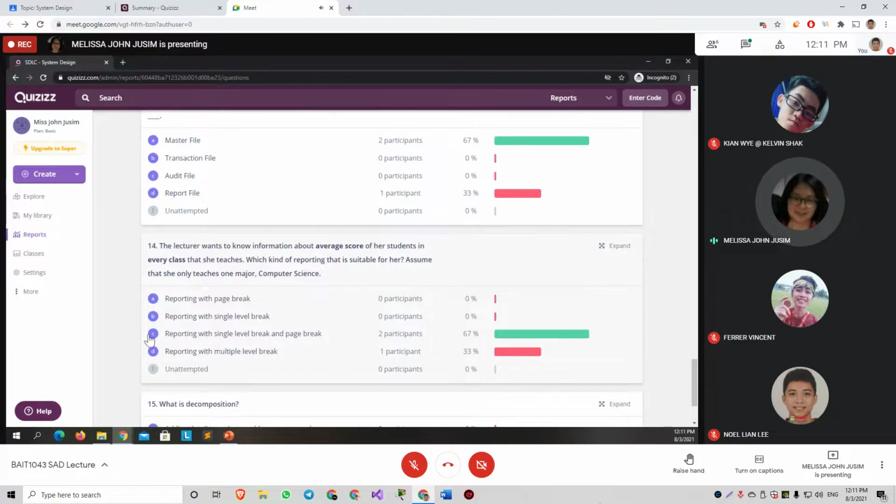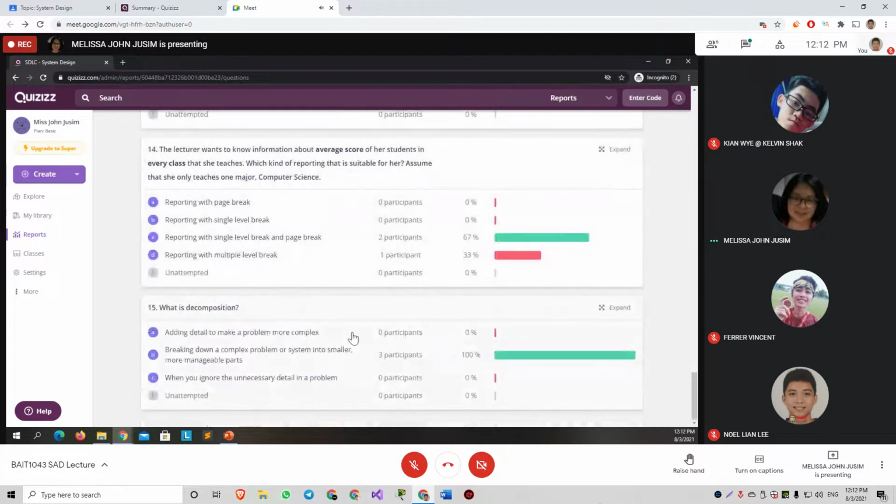So we must have C, right? So in each page, there's a page break, and then for each average, there's an average score for each class. So that one is a single level break decomposition. This one you got it correct.